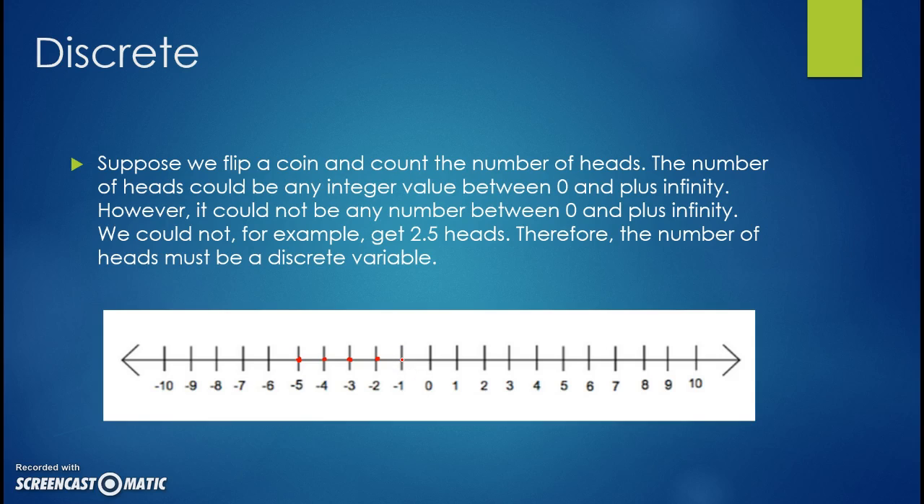Usually when it's discrete, you're just talking about the whole numbers on a certain variable or on a certain interval. For example, if we were talking about the discrete numbers between -5 and +5, we would just be talking about the whole numbers. When you're talking about discrete information, you do